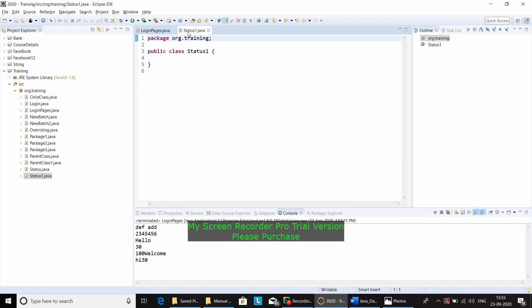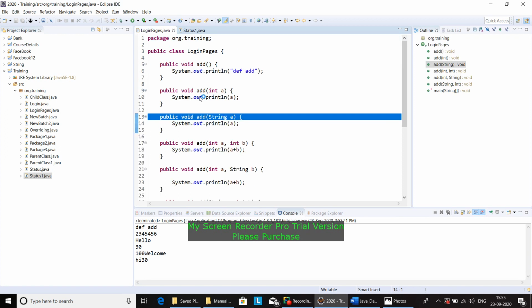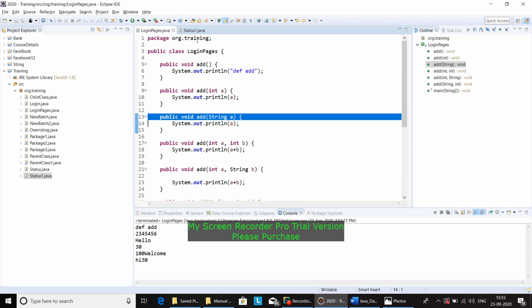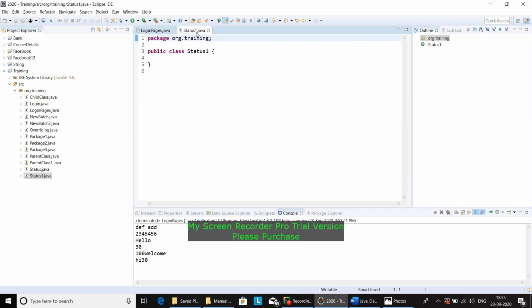Since we already have many methods here, I will create one or two methods inside this class and see how it works.